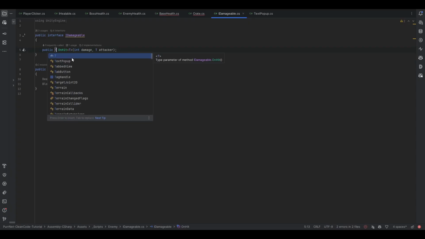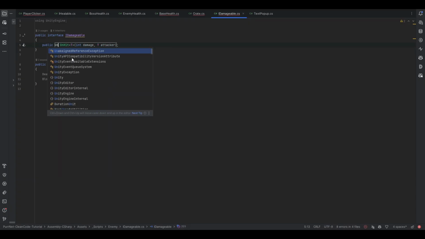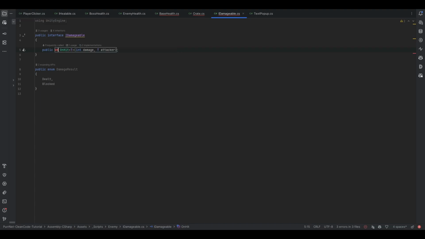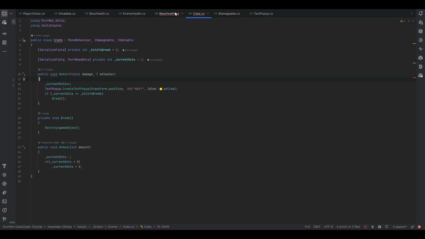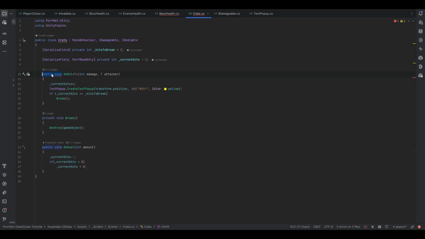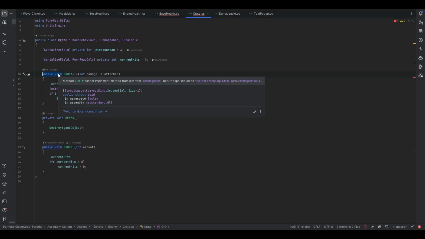Now in PurrNet, you can do this with tasks, or you can use UniTask. But I'm just going to be using normal tasks for this case, because they are built into C#, just to keep it clean. And we want to return the type of Task with DamageResult. This means that it's now actually a returnable. So in this case, we can, for example, do,